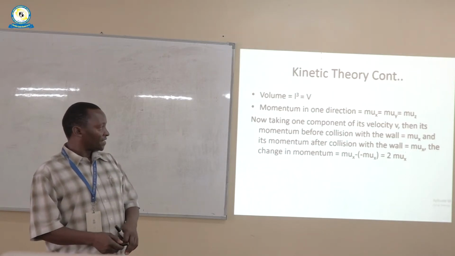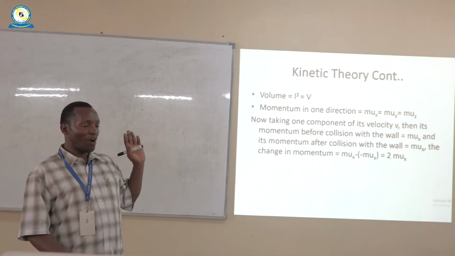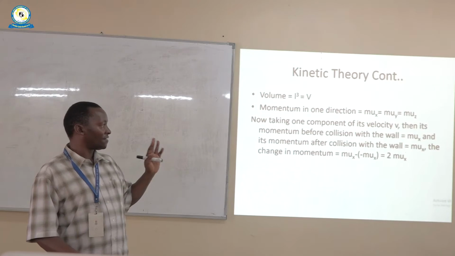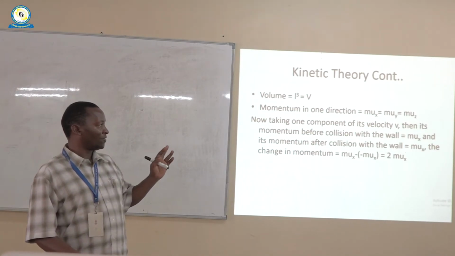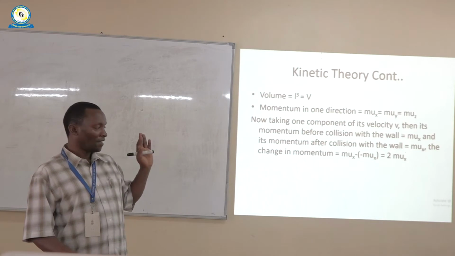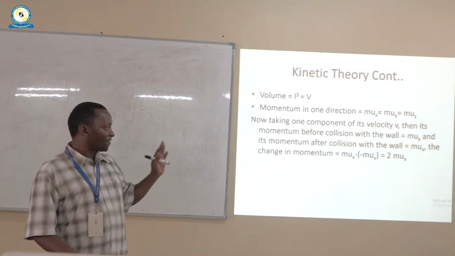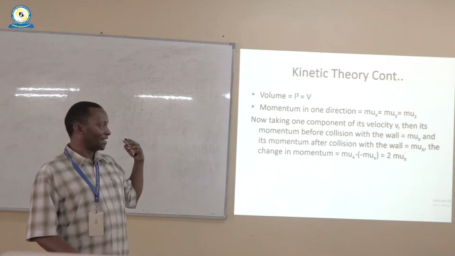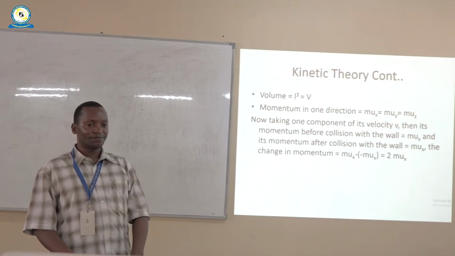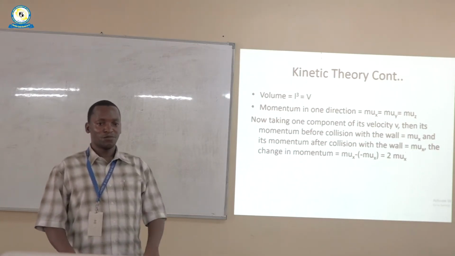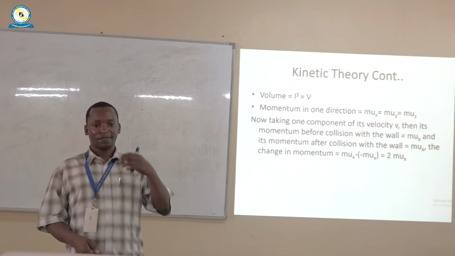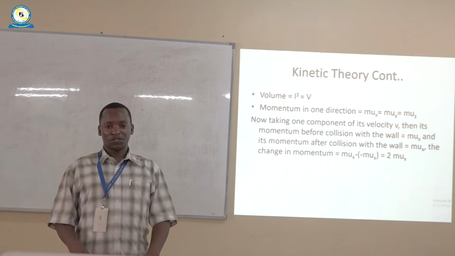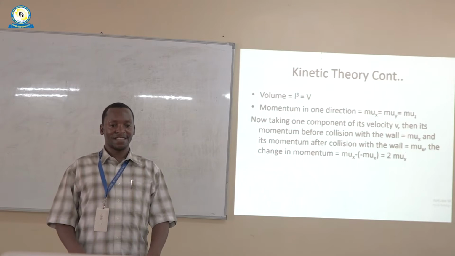If we take one component of velocity, considering only one dimension, moving along the x-axis, then it will have the momentum before collision, which is presented as mu, and after collision we will have a negative mu that is moving in the opposite direction. So the change in momentum will be mu_x minus (−mu_x), which gives 2mu. That's the change in